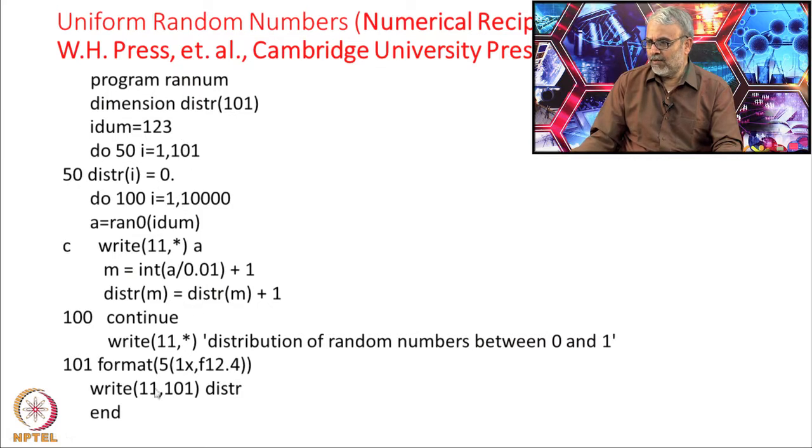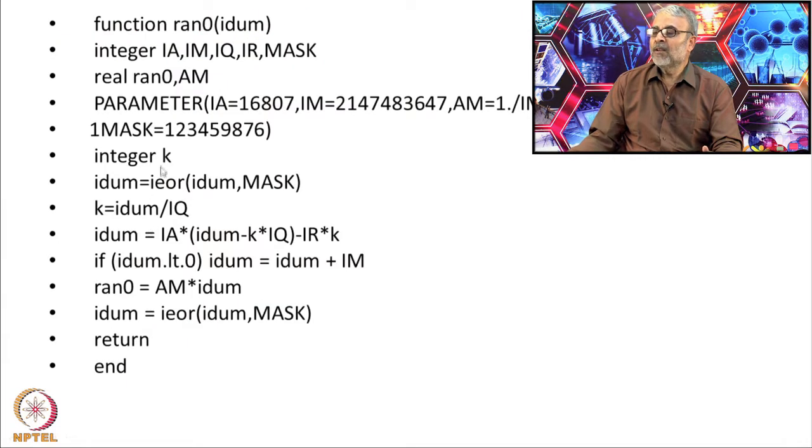If nothing is given, it will create some file by itself, FORT.11. It will create a file FORT.11, but you can always open unit equal to 11 with some file name, you can do that as well. So, in this case it will create a file by itself. Now, all I have to show you is how this particular function works. The next slide shows details of this function.